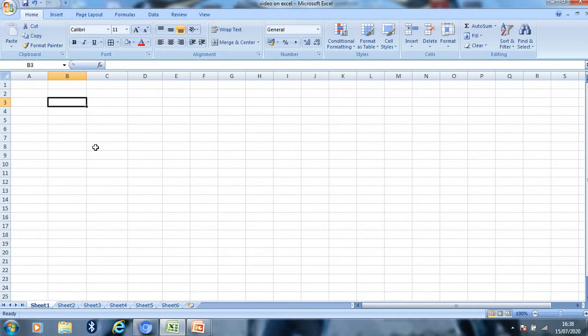Without selecting a cell, I cannot make any changes to my worksheet. So before creating or editing any worksheet, I must select a cell or a group of cells. So let's start with selecting cells.